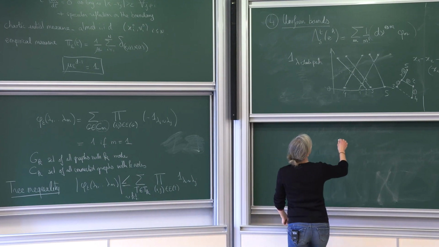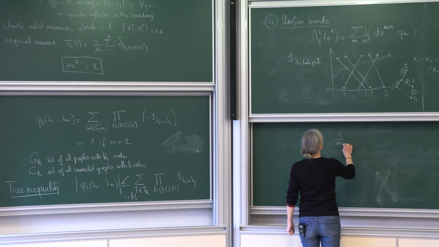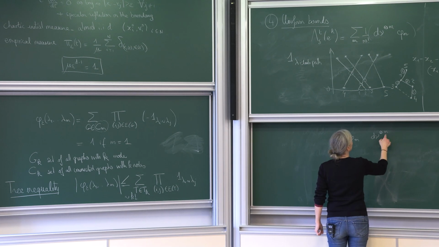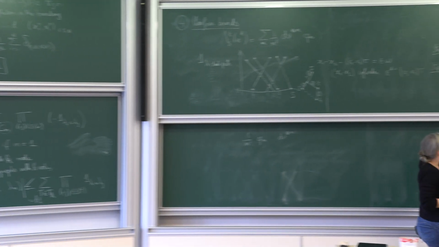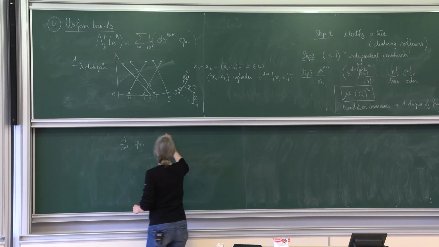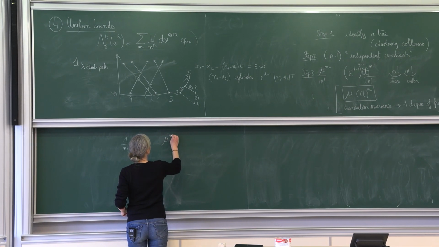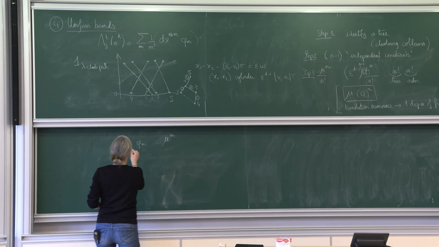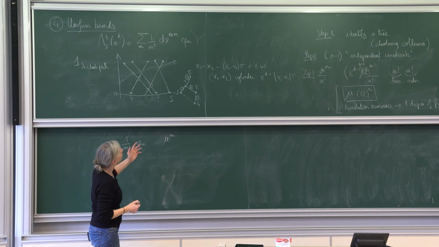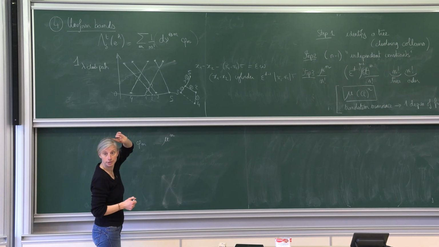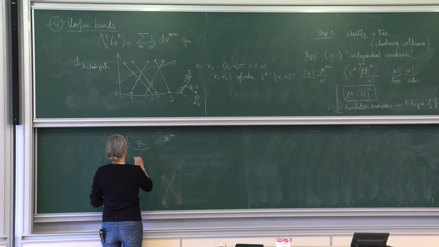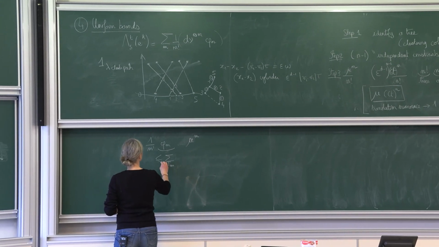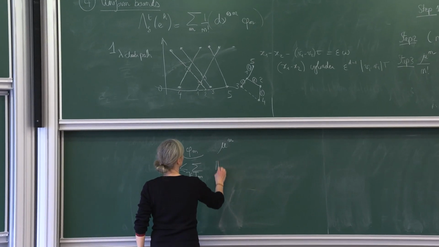Okay, so you say that you have 1 over m factorial, the phi m, and you have, of course, the d nu m. But the d nu m, what it tells you is that you have a factorial mu to the m. This guy comes from the d nu m, the L1 norm. So you have something like this, which is very, very close to the definition of nu. And now you see that this guy is smaller than the sum over T in Tm of this,